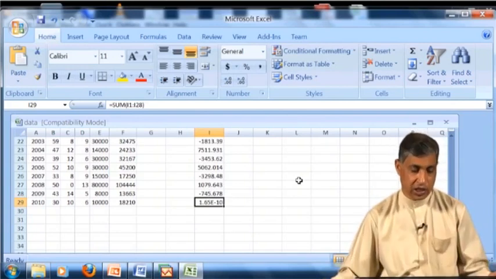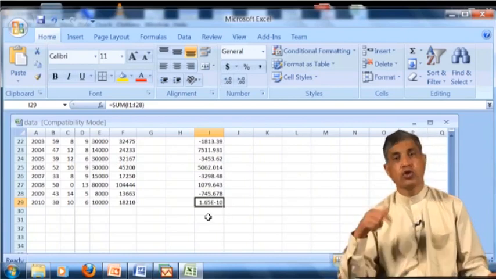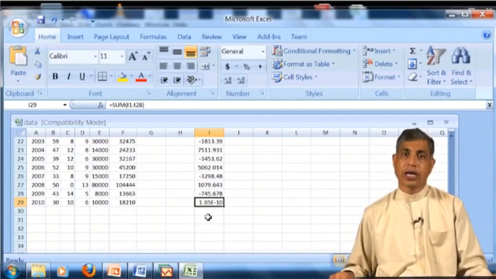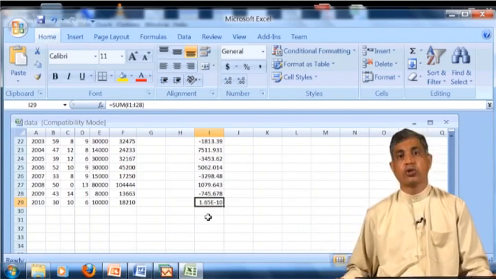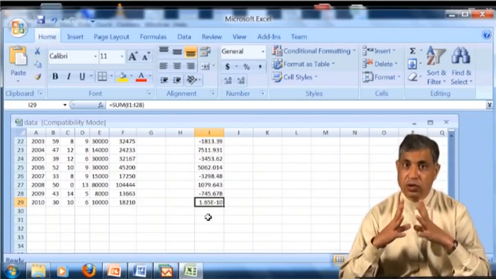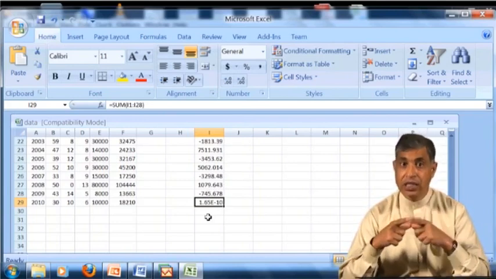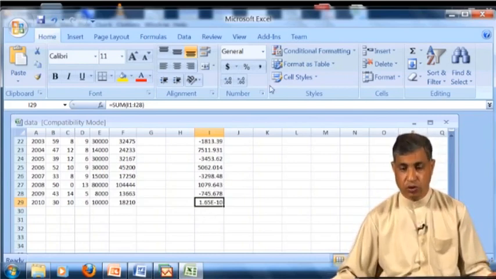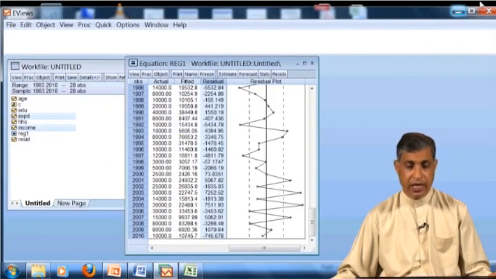Now what is this? If you see, this is 0.001 with zeros and then there is a figure, so you can assume that it is equal to 0. So what have you proved? We have proved that when the regression is with intercept, the residual sum is equal to 0. So I will go back and delete this.